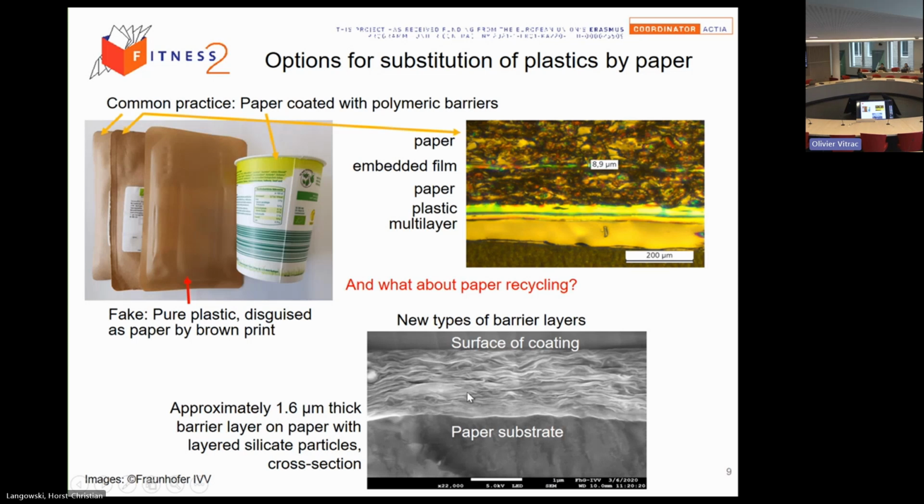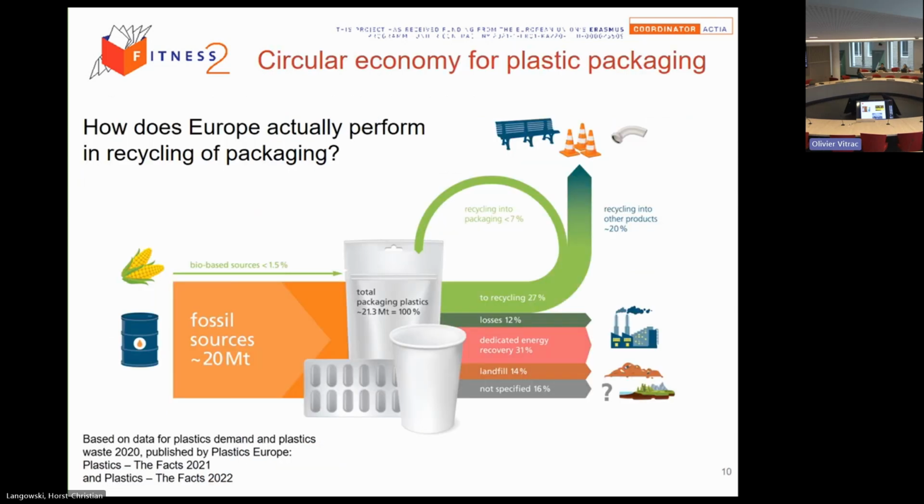This is from our research. We coated paper with a lacquer filled with layered silicate particles, which gives a good barrier, but there's still a lot of technical problems to be solved. But again, look at this here. Even they do not only coat the paper on the outer side, but they put a layer of polymer inside, which you'd never see, just to improve the moldability of the product. So in the end, you will always have something that will not be recyclable. So it's not that easy.